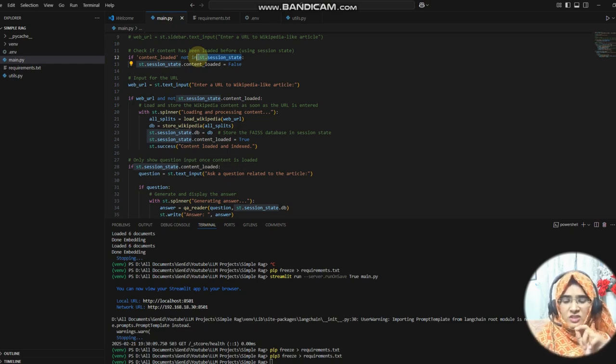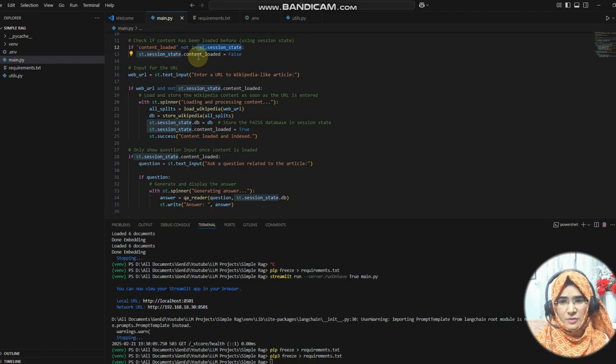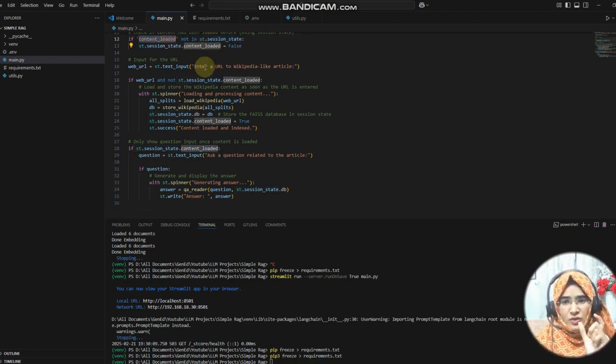As soon as the user asks the question, that question goes into the session, and that session gives us the answer that this is the particular session, and you can take it. You don't need to load the content every time the user asks a question, right? So we are saving the content load: if you have the content loaded, you don't need to load it again. If you don't have the content loaded in the session, you have to load the content first. So this is the statement that we are providing to it.